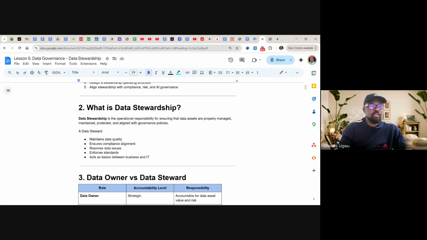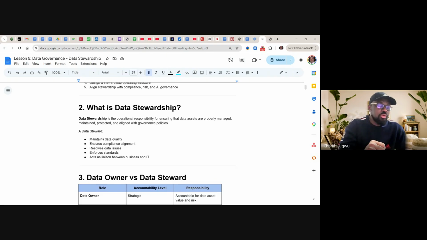So in data governance, stewardship is the management of data on a day-to-day basis, not coming from data analysis or data engineering, but from you as a data governance professional seeing to the day-to-day management of data, so that the data being used, the way it's being used, and the way it's being maintained is of high quality. It is within the compliance policy. It does not breach any rules and regulations. That is stewardship.